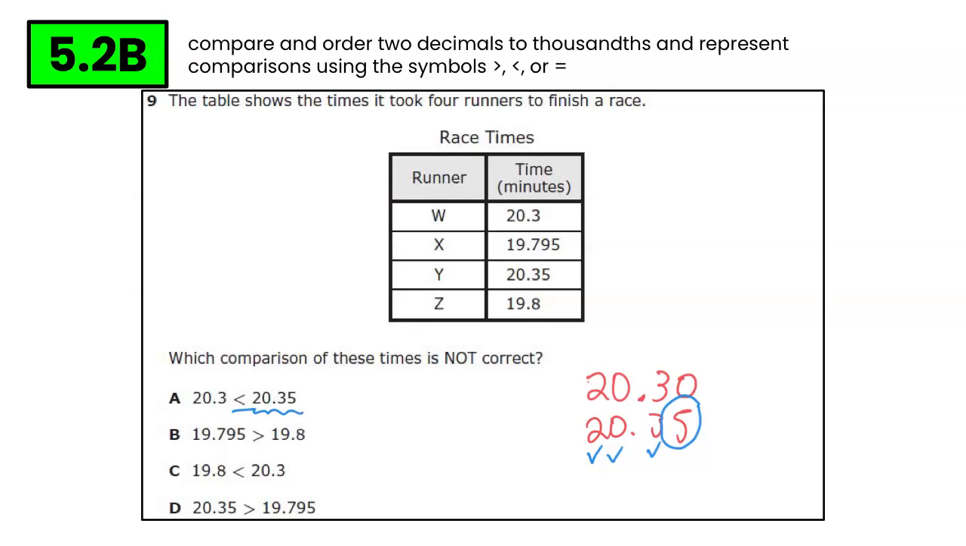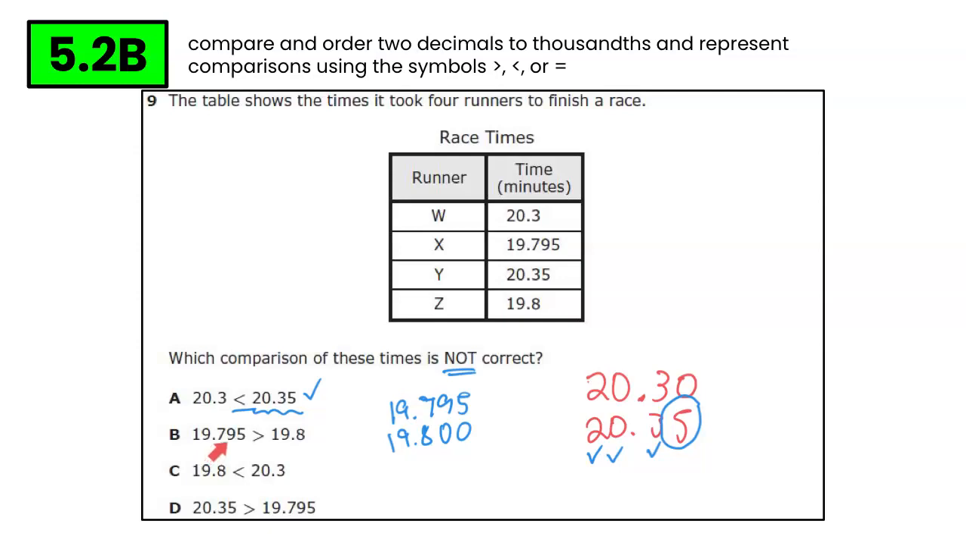Or another way to say that is the way it's written in the answer choice, that 20.3 is less than 20.35. I know that that is a correct comparison, which means that it is not the correct answer. Moving on to letter B, we would have 19.795 and then 19.8. But I need to continue going and put 2 zeros, because what you'll see students do if they're not